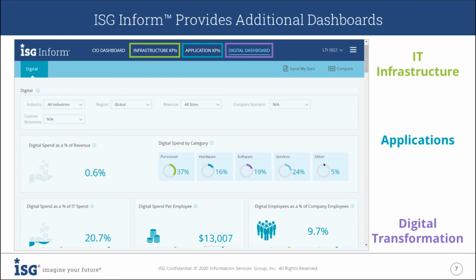And then we also have a digital dashboard which measures the capabilities, the value, and benefits that you're seeing from your digital initiatives. Digital is really big right now. Everyone's trying to digitize their data, digitize their services, digitize their workforce. This dashboard is intended to give you an idea of how you're looking, say, on the continuum within artificial intelligence or cognitive or machine learning and digital marketing. All of those areas are captured in this dashboard to provide you a view of your performance within those digital